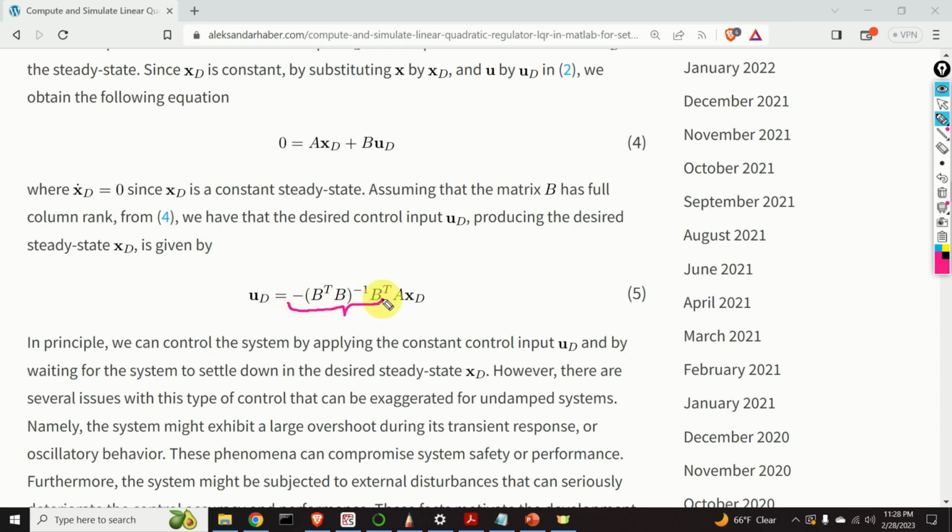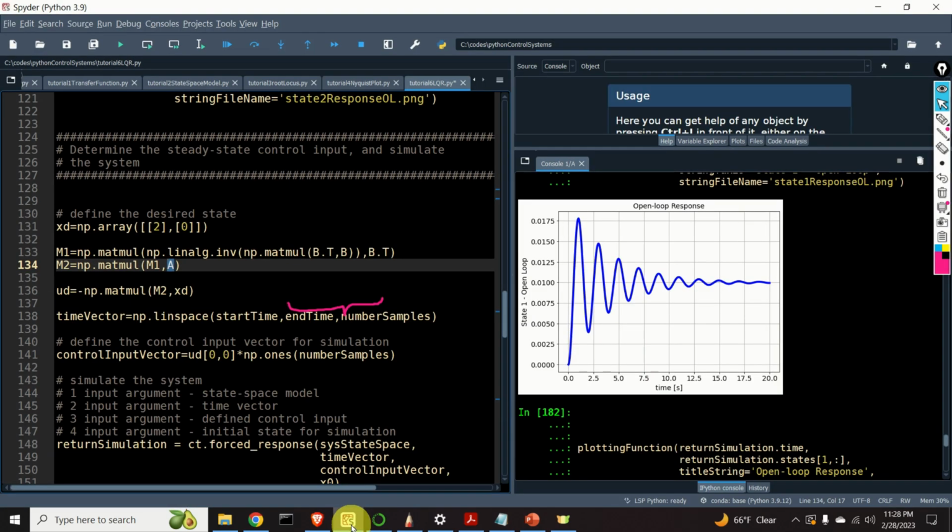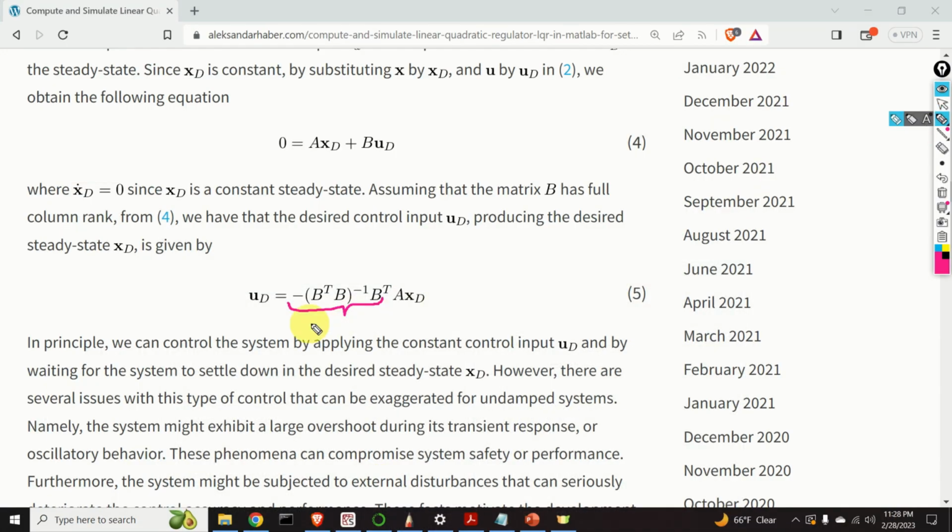This is the first step, and this part is matrix M1. The matrix M2 is this product. M2 is simply M1 times A. And that's exactly